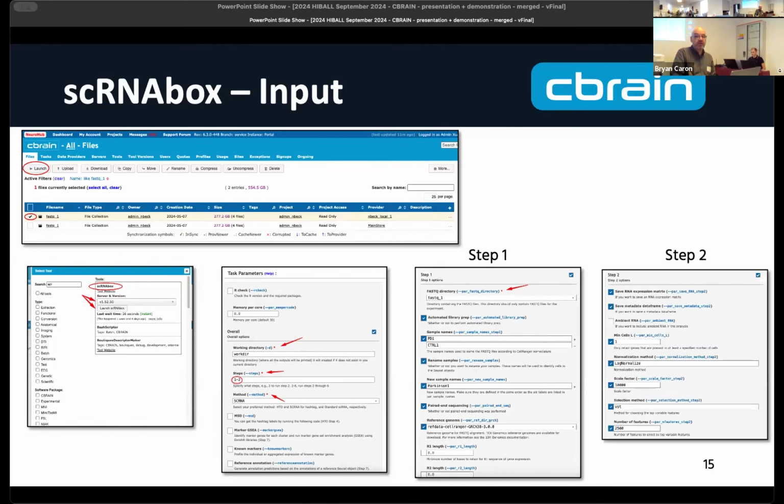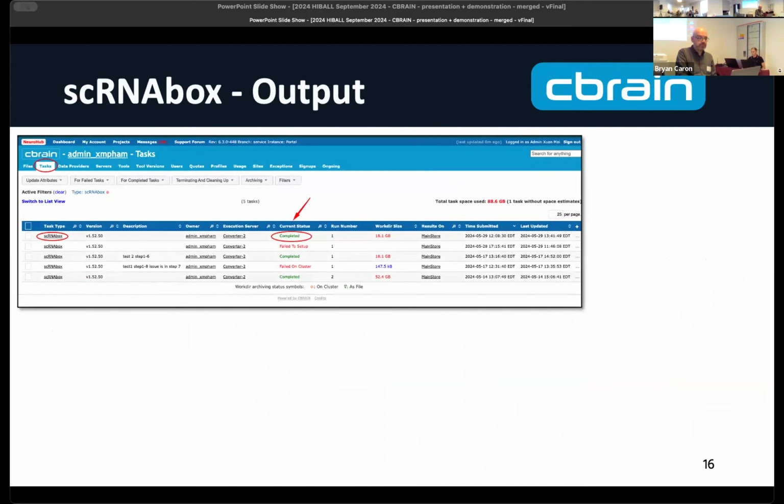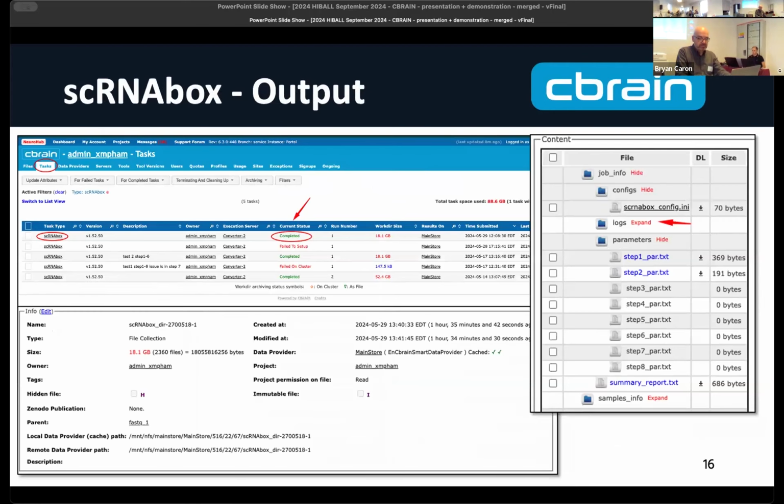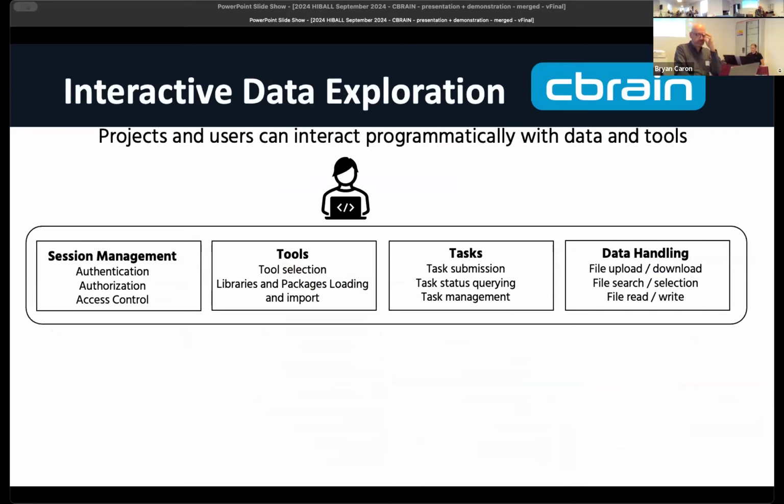And all these steps and values that you set within the web UI version of the tool are saved in what are called task IDs, task information. So if you need to rerun it, or you want to look at it and ask, what did I run this one with? All those task and parameter sets are kept within the environment, within the logs, and you can go back and rerun it if needed, or point your colleagues to it. Everything, information-wise, is stored. Same thing with the outputs, but we'll go through some of this in the exercises, so I'll skip that one because you'll be doing some of that.